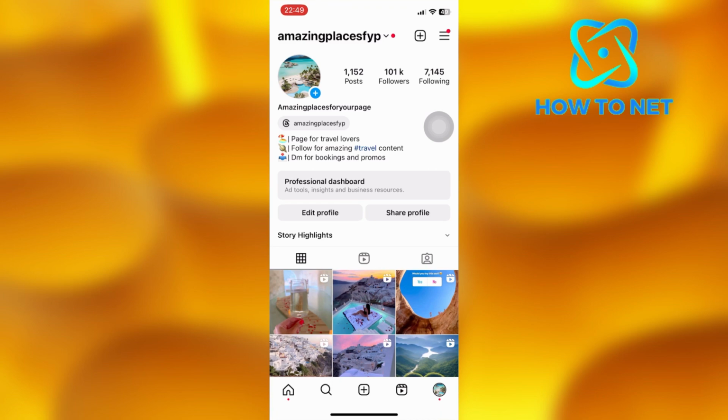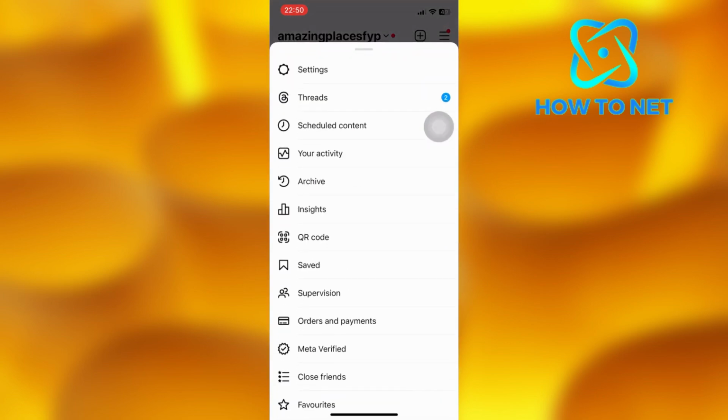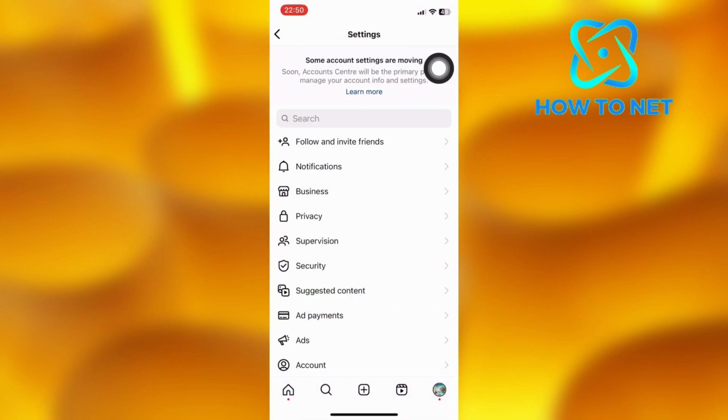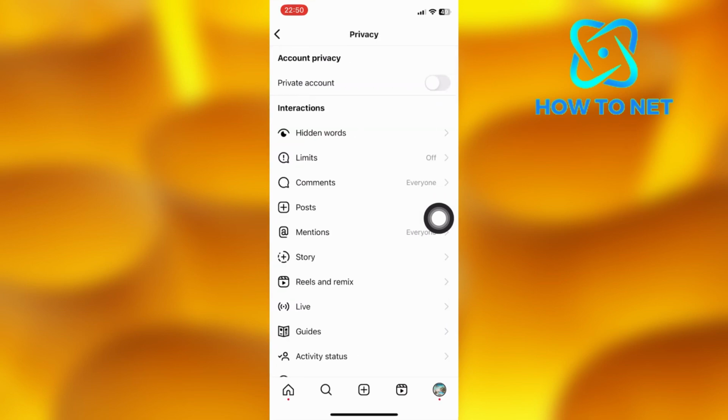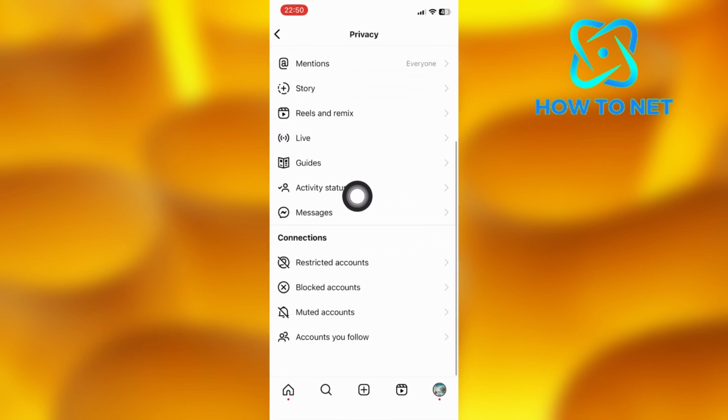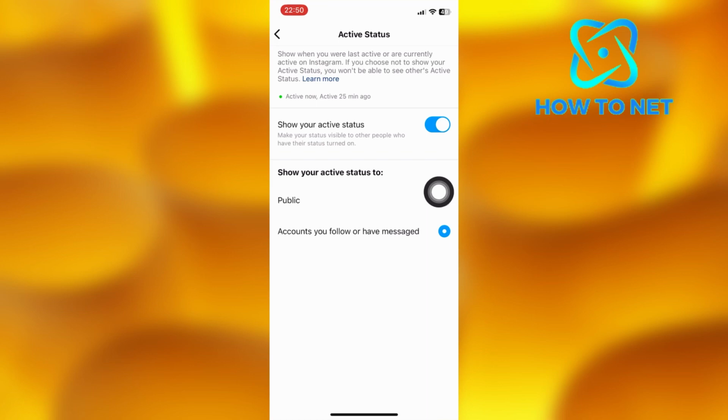On my profile page, tap on the three lines on your upper right corner of the screen. Head into your settings. On this page, select the fourth option of privacy. Right here you will have to scroll onto the option of activity status. Disable this option off. If you choose to hide your active status, you won't be able to also see other